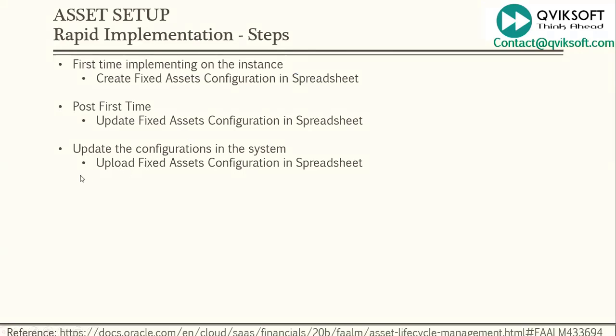Okay, and then finally, once you're done with step 1 or step 2, you need to do the upload fixed asset configuration spreadsheet so that whatever you've done in the spreadsheet can be uploaded in the system. I'm going to show you both the steps. I will show you the create fixed asset steps just as a guideline, but I will not be able to execute those steps because in the environment which I'm using, this has already been executed once, and you can only do it once, because if you try to do it again, the system is going to give you a variety of errors and it will never work. So you can always use the second option, which is very similar, to understand the process. Okay, so let's start.